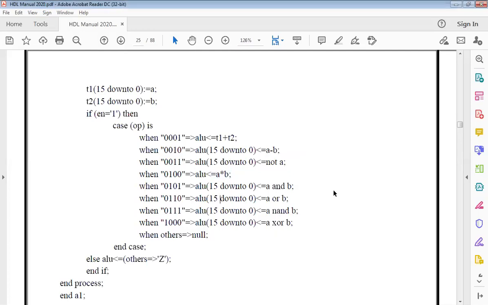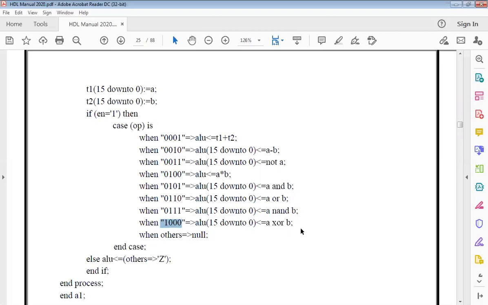Next, here is the ANDing operation, which is the logical AND that we are talking about. And whatever values you give for A and B will be destined at the ALU. Similarly NAND, XOR. So you can write your own code. You can continue this further with 1001, and you can write something else if you want.